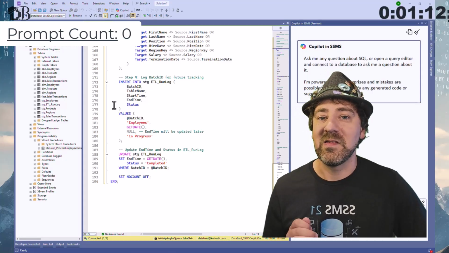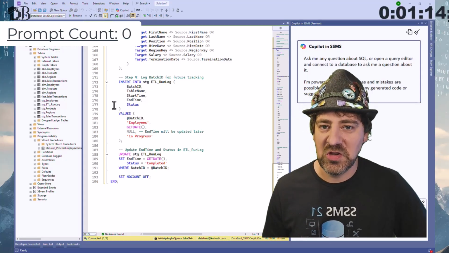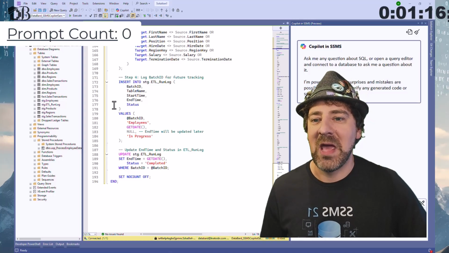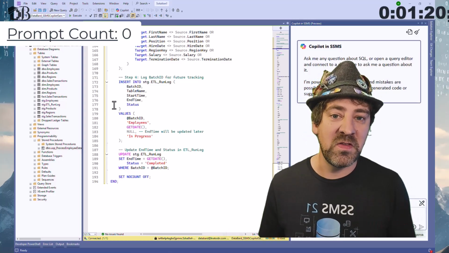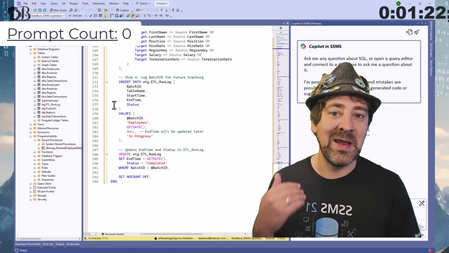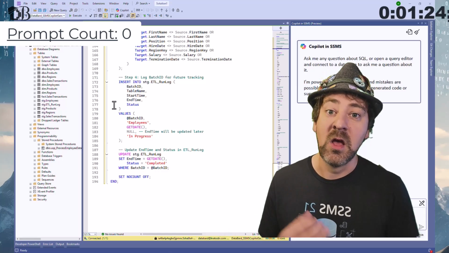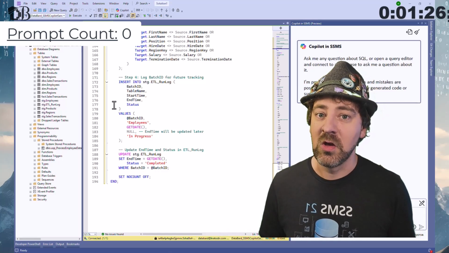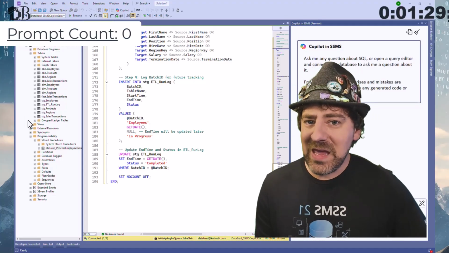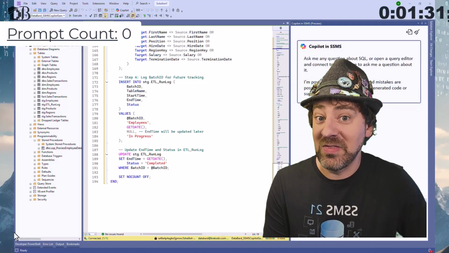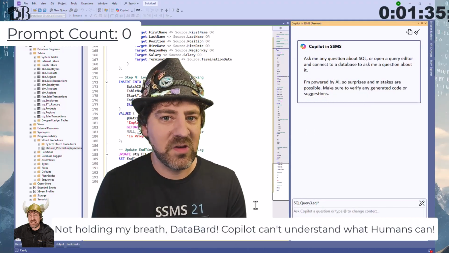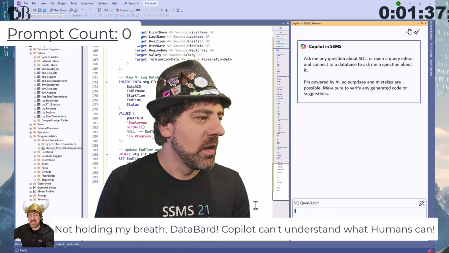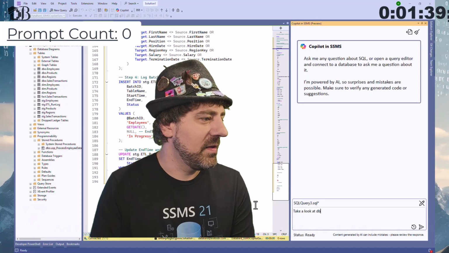Our process is using a staging table, and it never takes the time to actually clean that staging table out. That's a problem. If I run this again, it's just going to insert the data again and again and again, causing significant duplication over time. Let's see if Copilot's going to be able to figure out that this is a problem and that we need to fix it. So I'm going to ask Copilot, take a look at